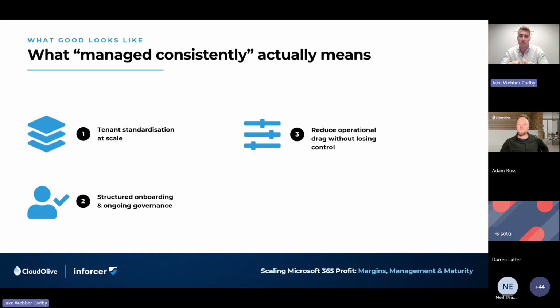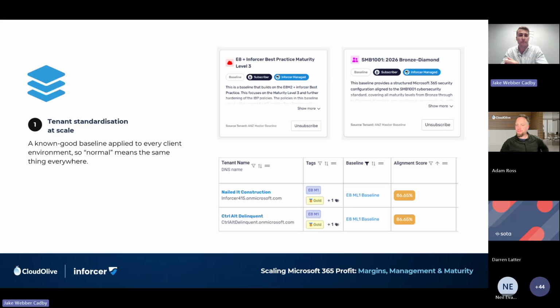You've got structured processes for onboarding new clients and project work, so that if someone is doing an Intune project in 2 weeks, it looks exactly the same as how it was delivered 2 weeks ago. Again, it just makes things consistent across the board. And what this ultimately does is reduce the operational overhead without losing control.